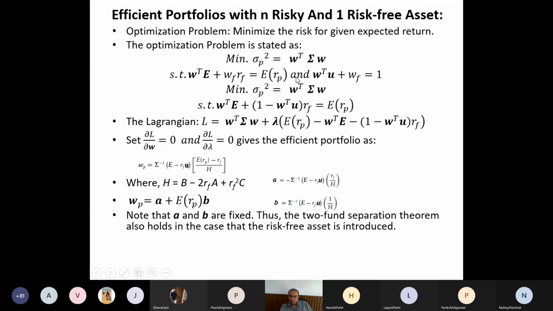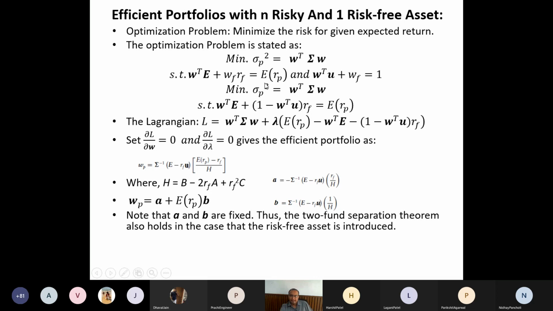So, specifying these two restrictions or constraints, I want to minimize this. And if I combine these two conditions by substituting WF equal to 1 minus W transpose U, I just substitute this WF in this equation. So the two restrictions become only one restriction, and I have framed this constraint, right? You can see it was WF equal to 1 minus W transpose U. So I have to solve this by framing the Lagrangian. I have given you the idea of how to solve this optimization problem. I will not solve it again. I have given you the solution procedure once.